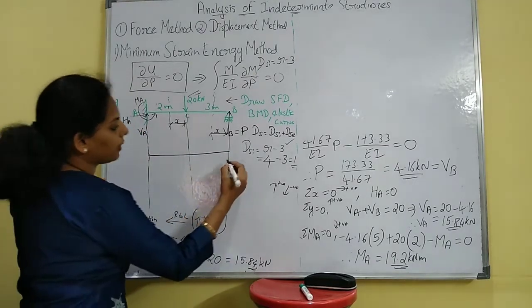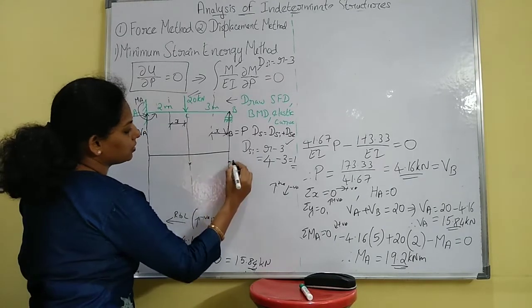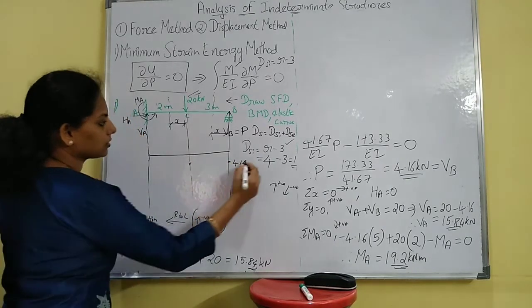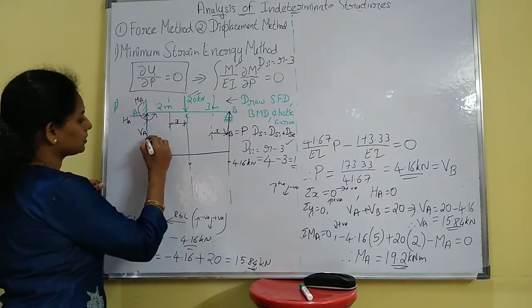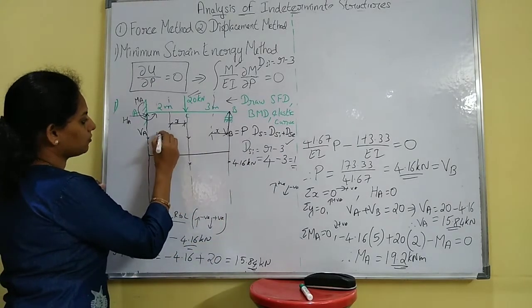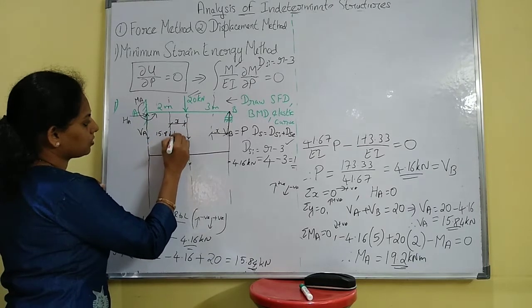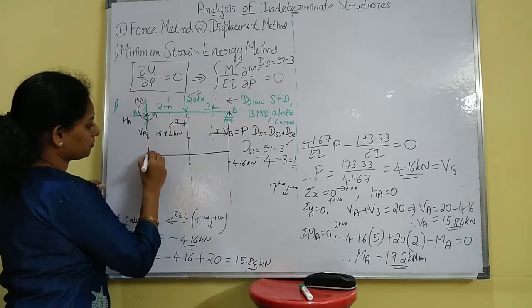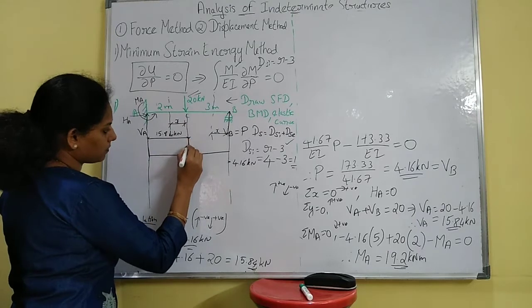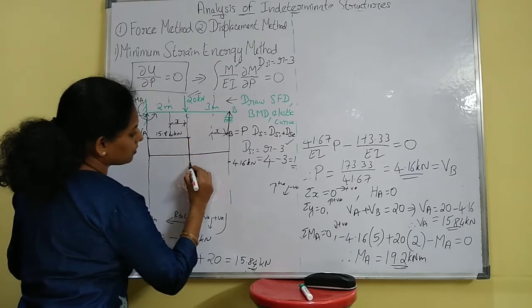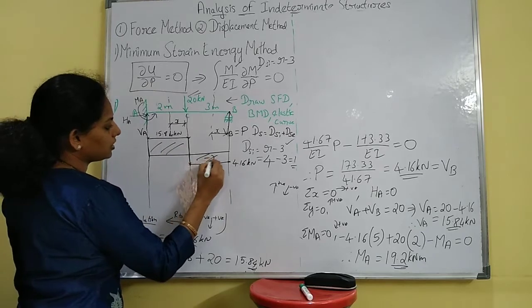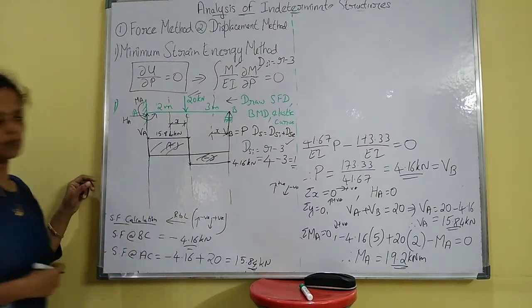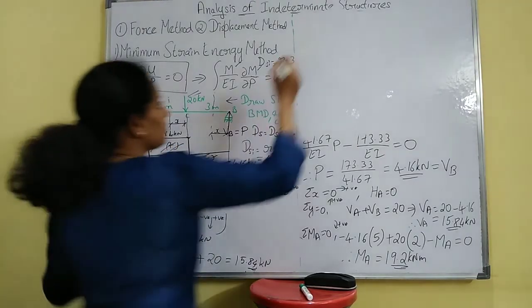BC you have minus, so here it is minus 4.16, and AC you have plus, it is 15.84 kilonewton. So this is your SFD, here it is minus, here it is plus. Okay, next for BMD,